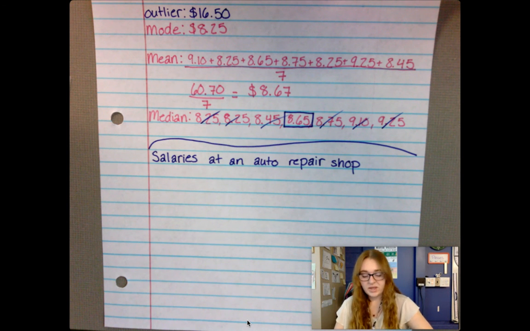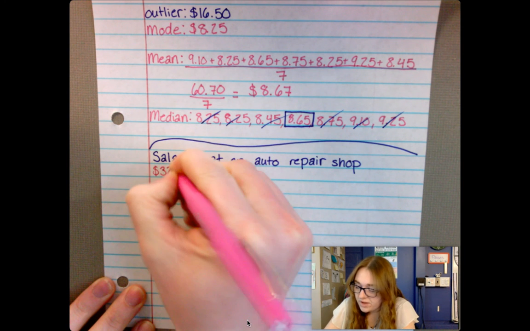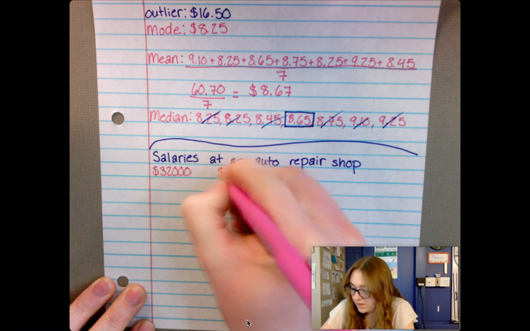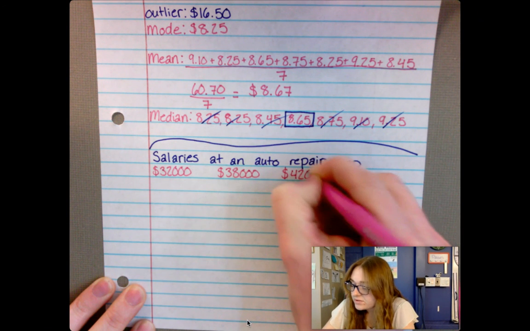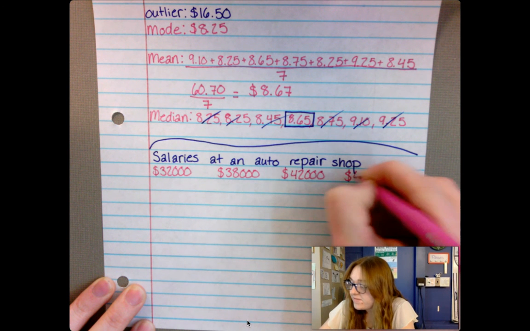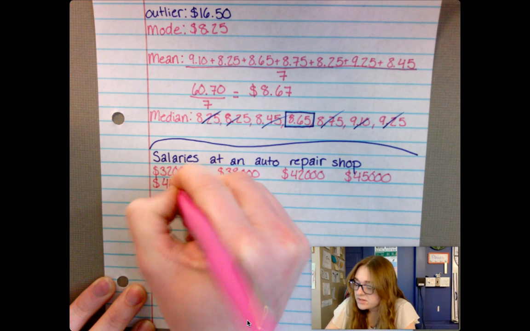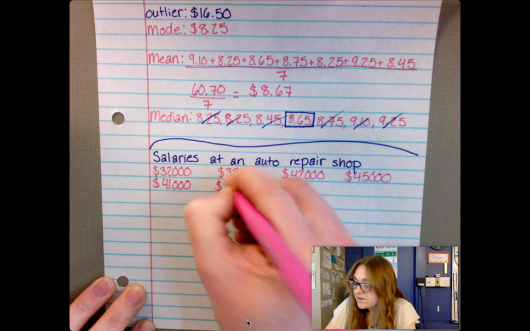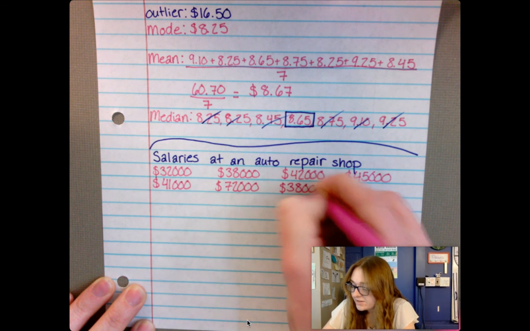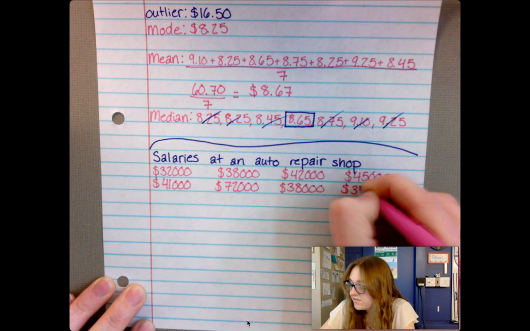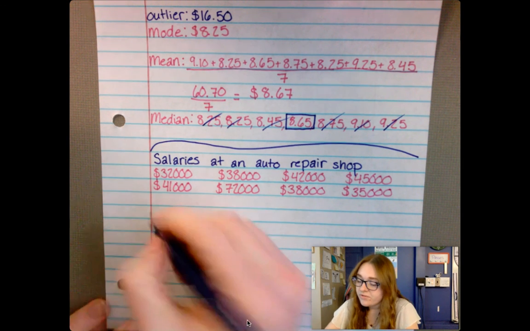So our data here, we have somebody making $32,000, $38,000, $42,000, $45,000, $41,000, $72,000, $38,000, and finally $35,000. Again, I want you to find, the easiest one to find is the mode,